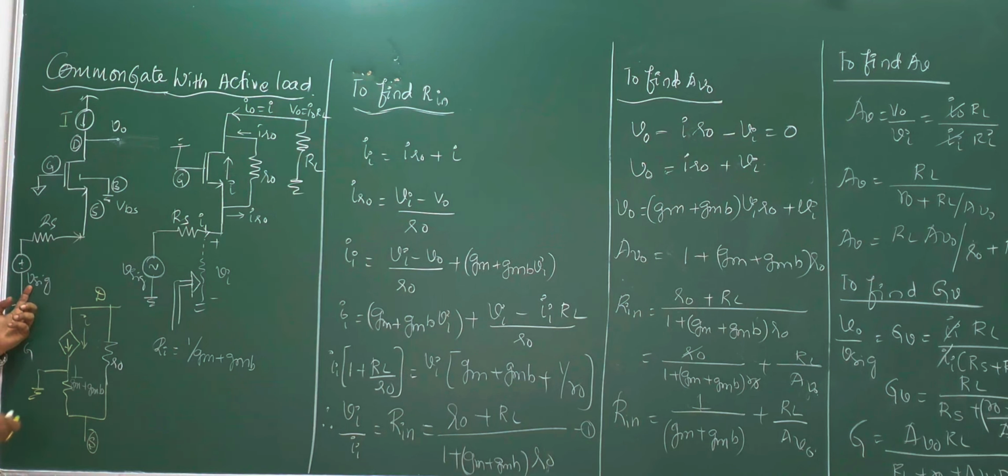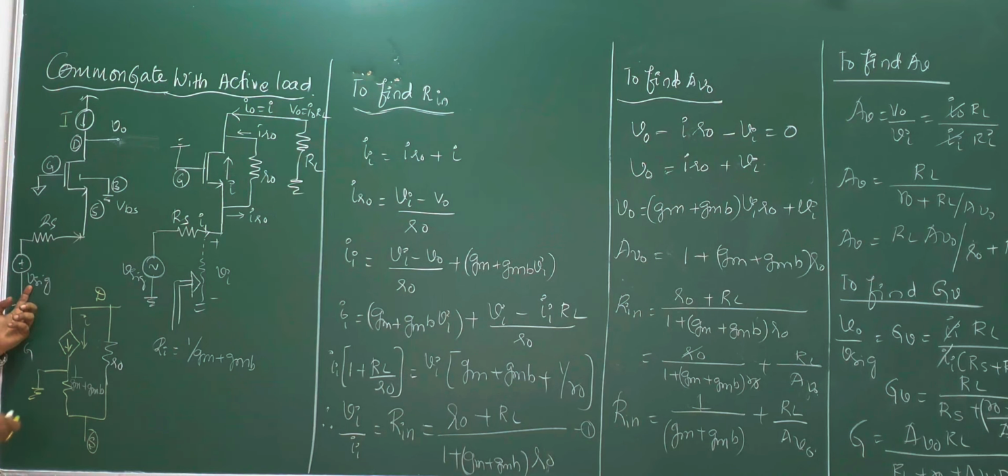A very important consideration here is the body terminal is not connected to source. If the body terminal is connected to source, VSB is not developed, or VSB will be equal to 0. So there is no question of a terminology called body effect. Now, when B and S are not shorted, a voltage called the substrate voltage develops. This substrate voltage will make sure that we have the body effect on the device considered here. So there will be certain body effect.